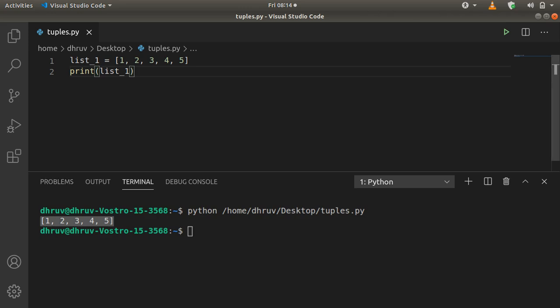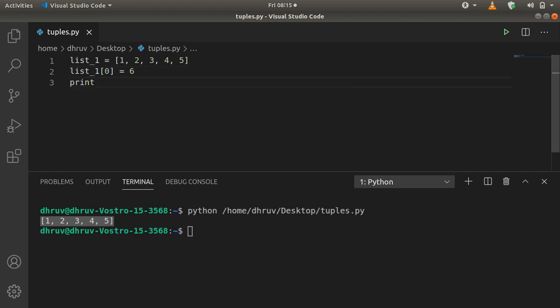Now for any reason, if we want to change any value inside of the list, then we can do it something like this: list underscore 1, and we want to change the 0th index to 6 for some reason.